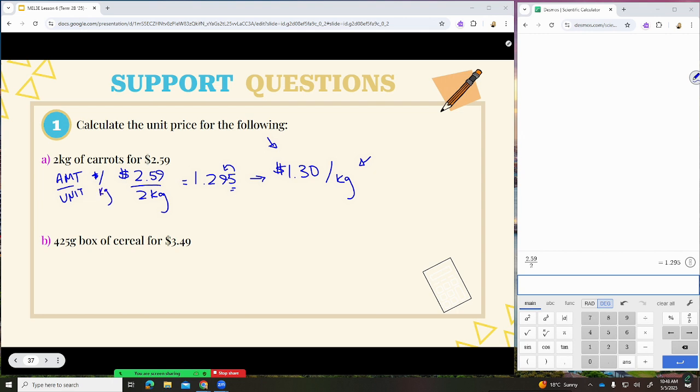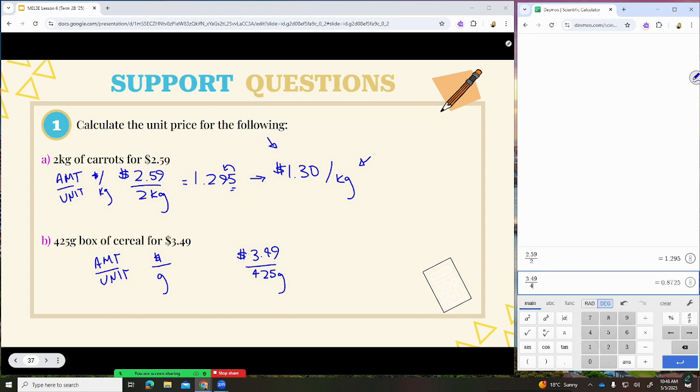Let's try one more. We want amount per unit. Again, it's dollars per gram this time. We have $3.49 for a 425 gram box of cereal. When you are dividing $3.49 by 425 grams, you'll see that it works out to be